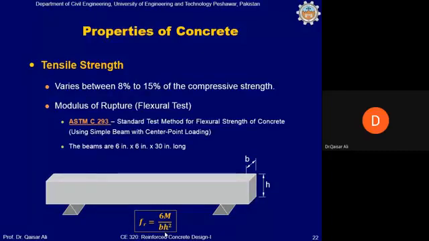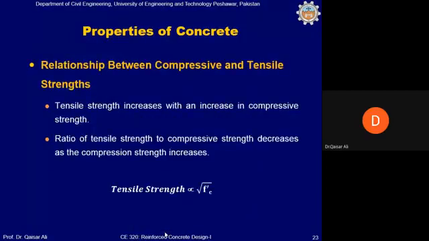Generally speaking, the tensile strength of concrete is 8 to 15% of its compressive strength. Okay, if you have a chance to plot for the same concrete its tensile strength against its compressive strength on the x-axis and y-axis, you will see that there is no direct relationship between the compressive and tensile strength. But if you take the square root of Fc prime, the compressive strength, then you will have a very good relationship between the tensile strength and the square root of compressive strength. This is a practice which is usually done in research,